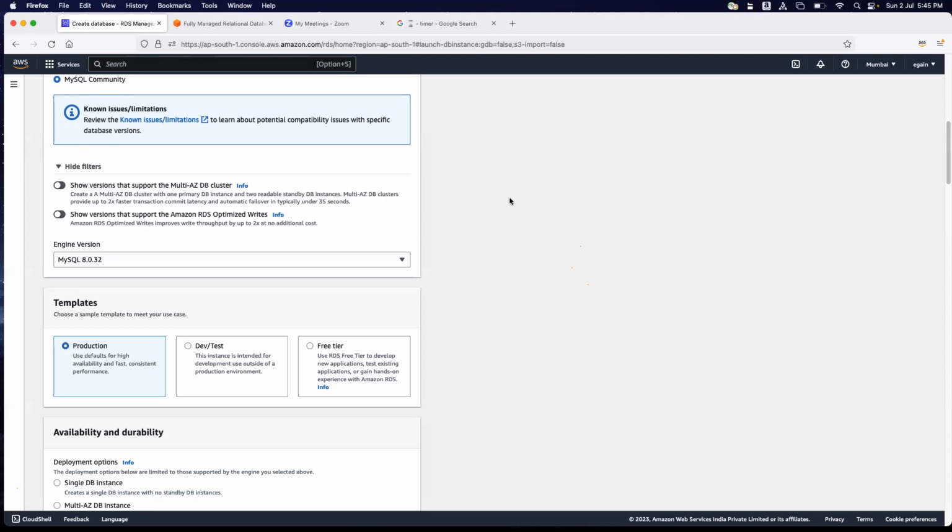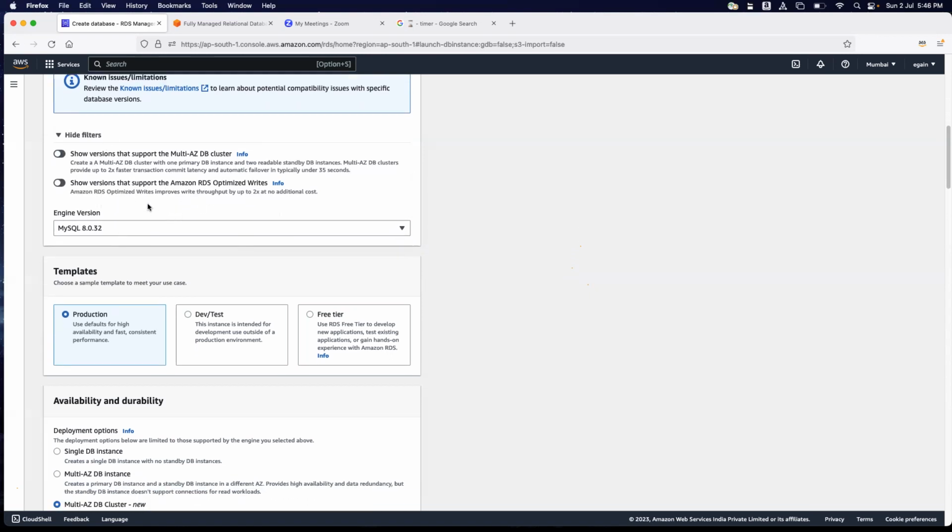That is where RDS Optimized Writes comes in. If you select that, your write throughput performance will be 2x at no additional cost. We'll have a detailed discussion, and also see how to deploy it from an architecture perspective. But right now, let's start with that